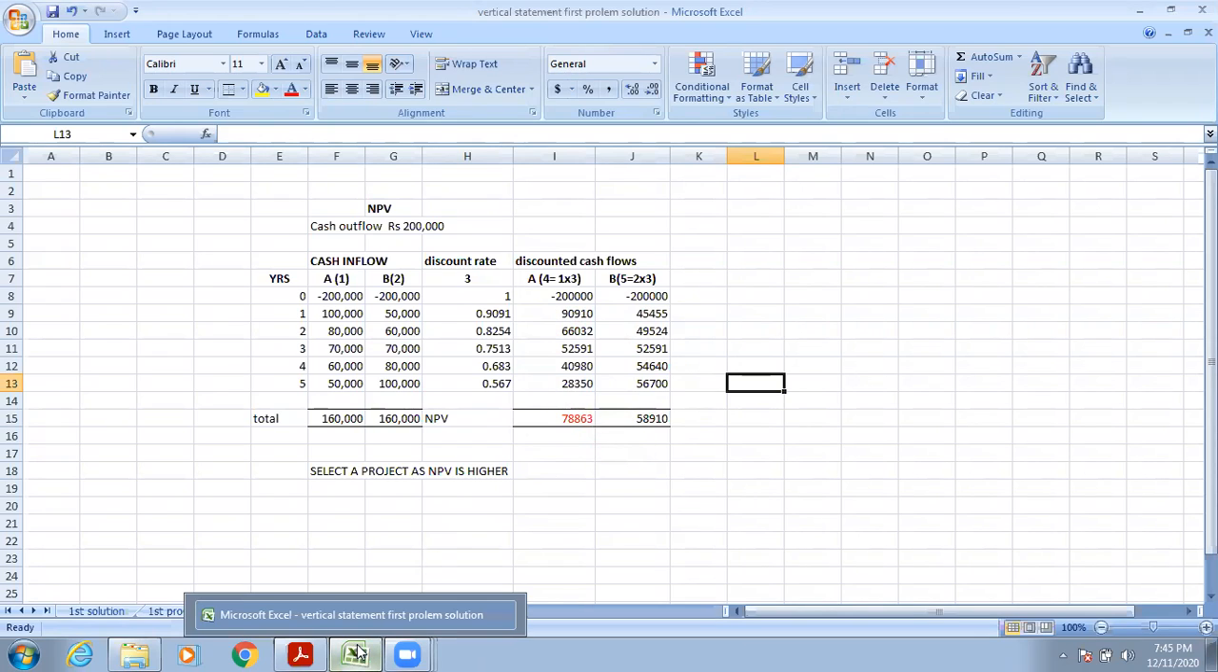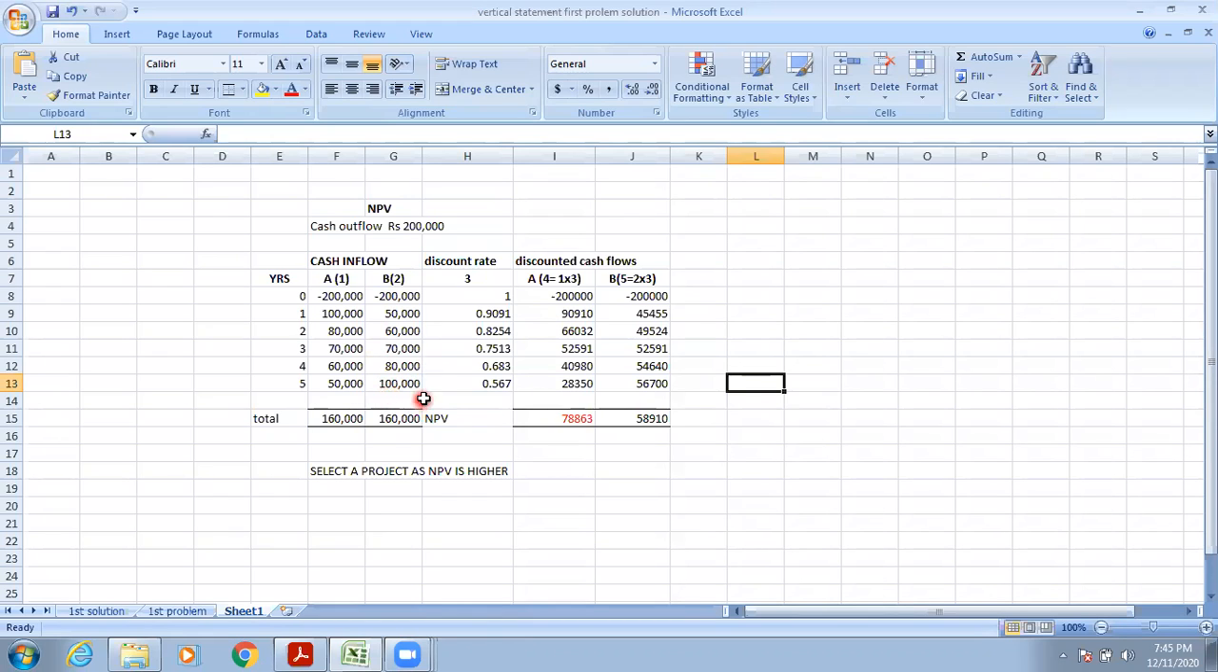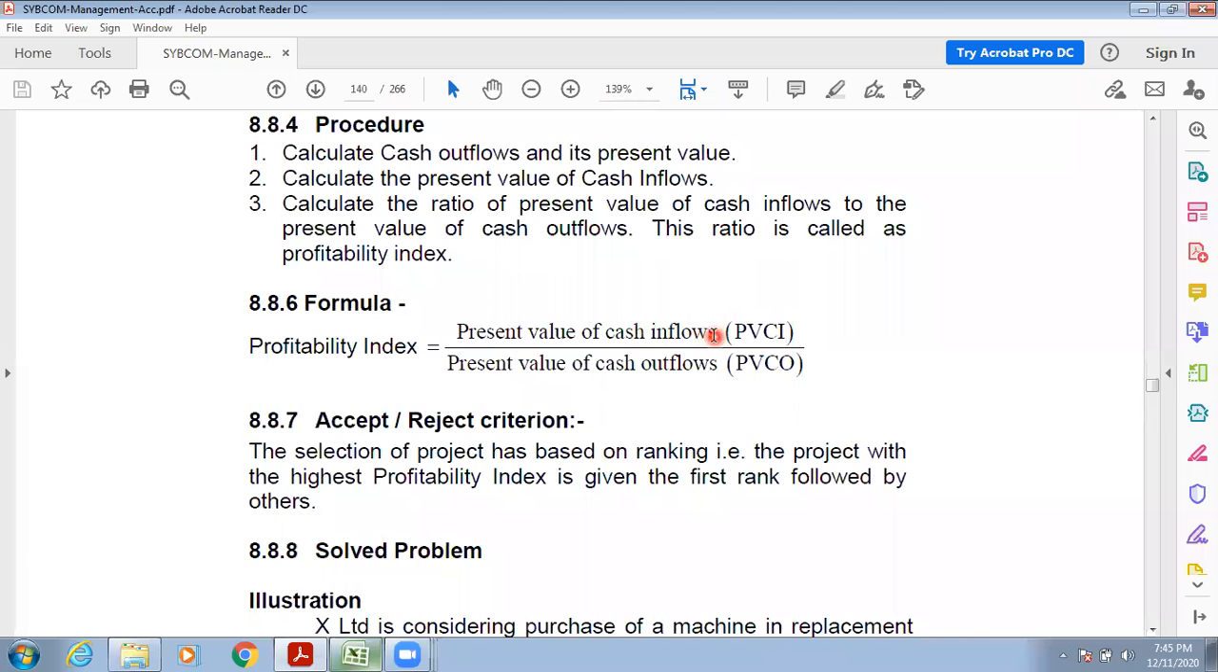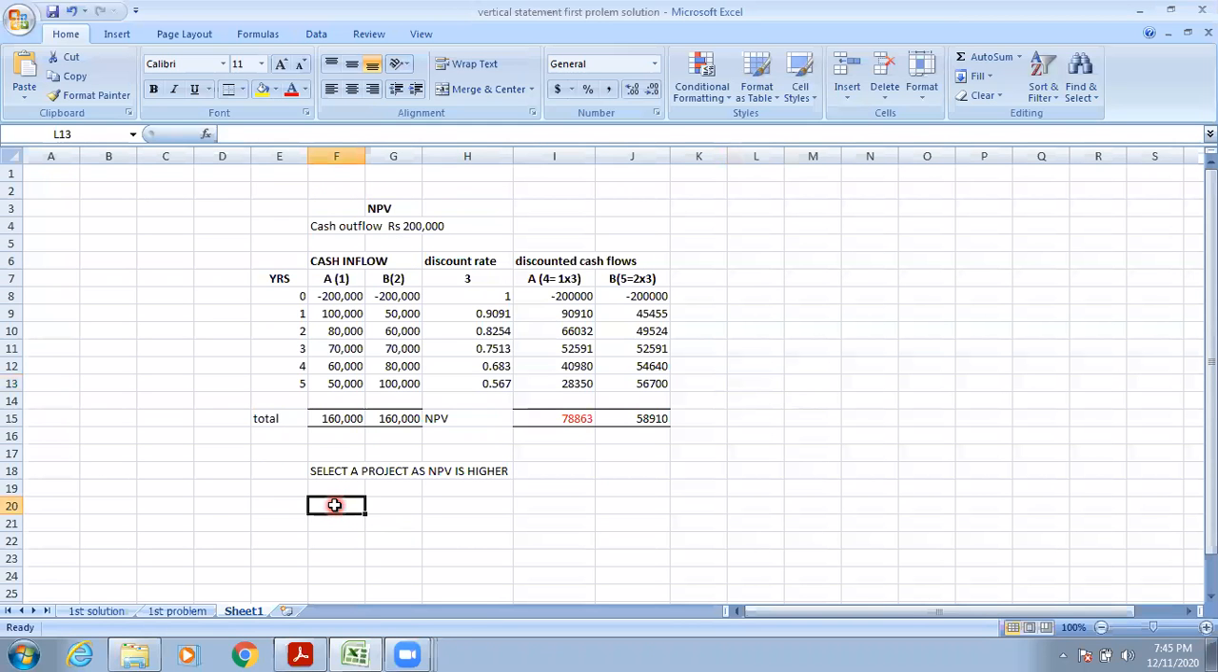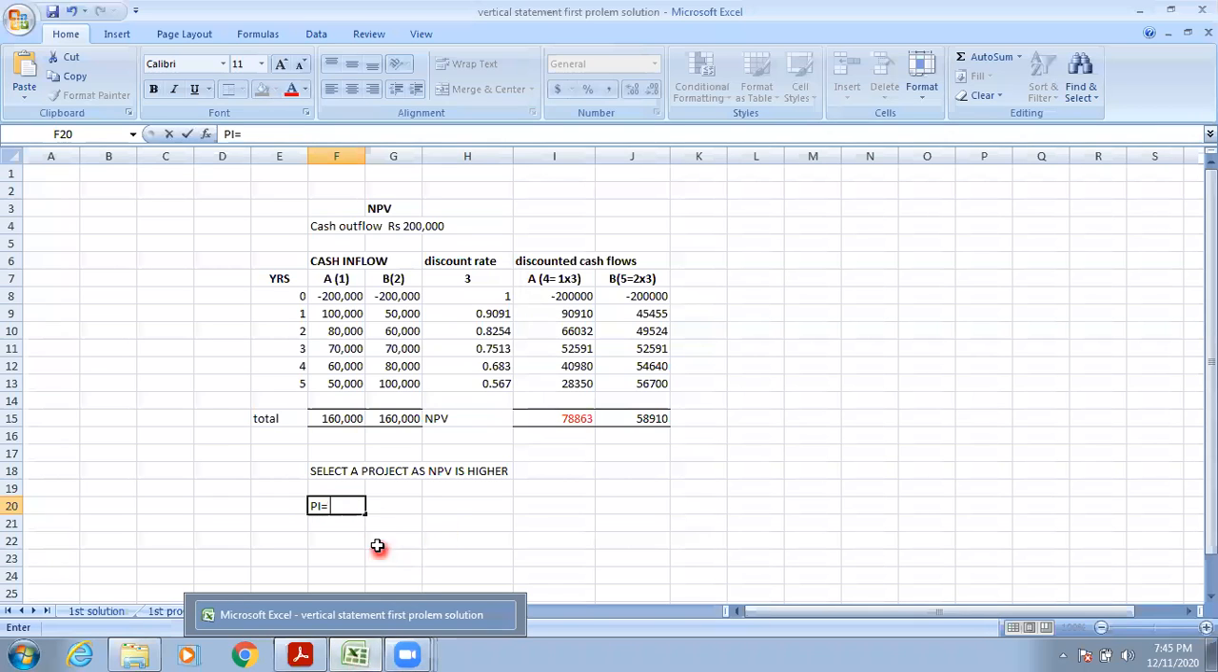So it is the same type of problem, but the formula is different. For net present value, we deduct the present value of current cash outflow from the present value of future cash inflow, right? And for profitability index, it is present value of cash inflow divided by present value of cash outflow. So we can calculate PI here. PI means profitability index. Okay,